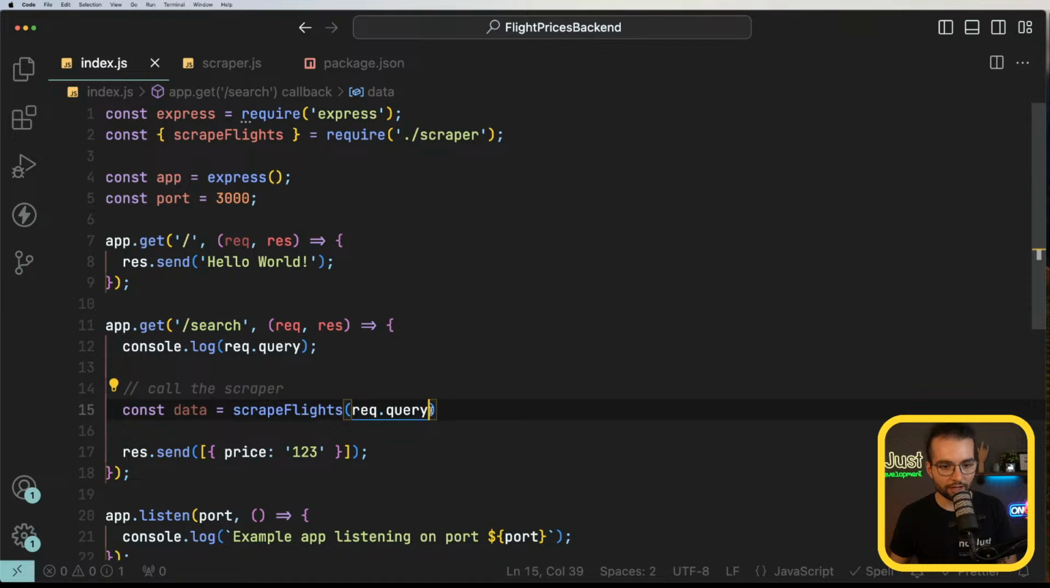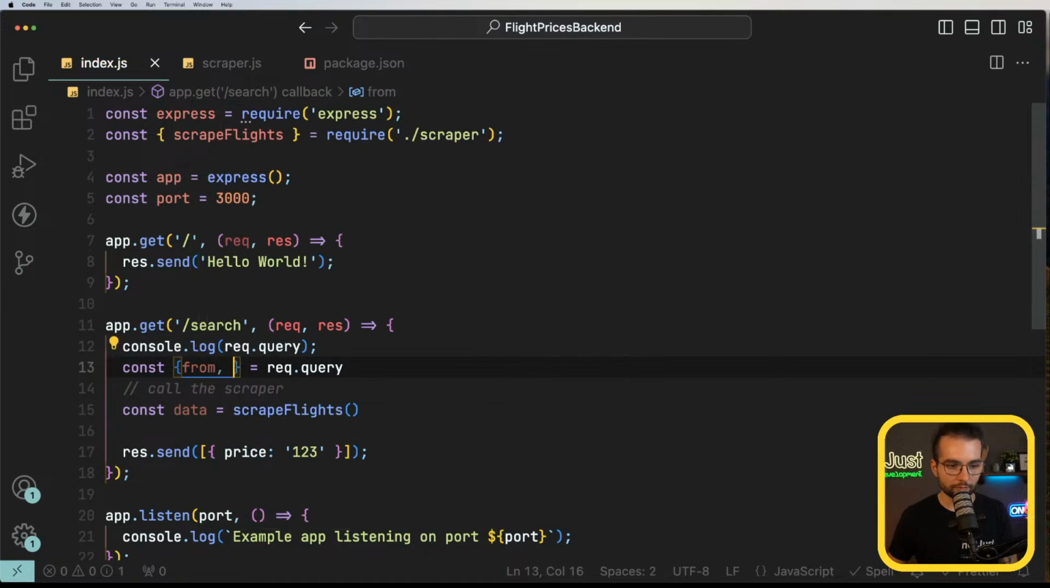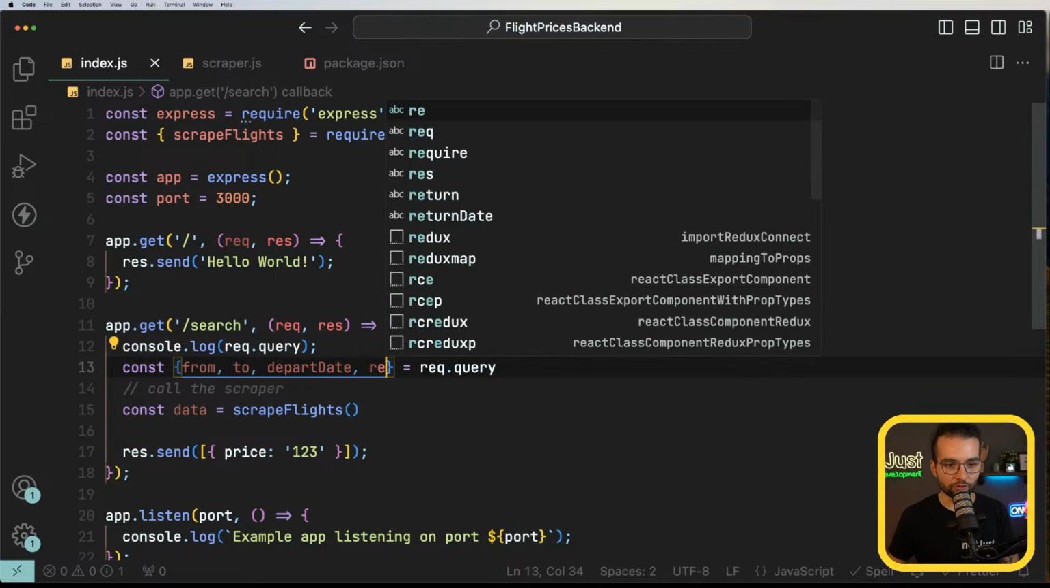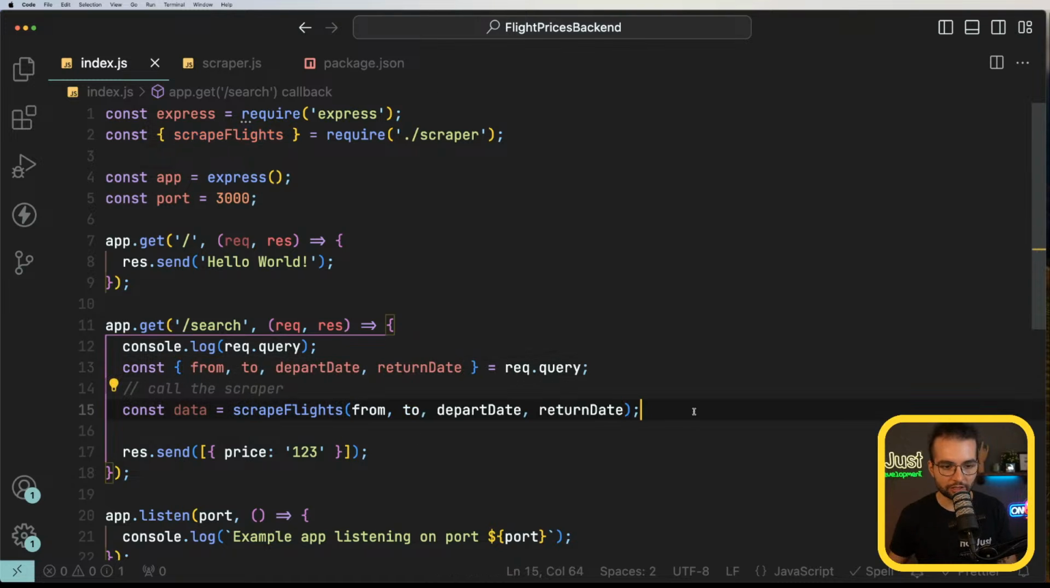No, we need to send there 4 variables. So from the request.query, I'm gonna take the from, to, depart date and return date, and I'm gonna send them as function parameters to the scrapeFlights. Now I can do request send, and instead of this array, I'm gonna send the data. And